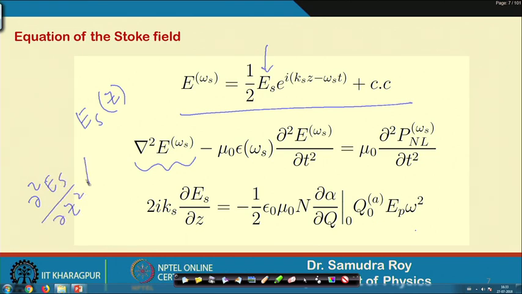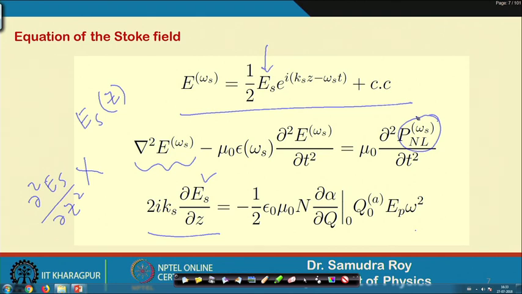If I neglect this term, the first effect will be the first order derivative, and this term will be cancelling out with the other term that is coming from this derivative, and eventually we have this in the left hand side. In the right hand side, on the other hand, I will have some term, and what term I will get will depend on the P nonlinear omega s, the value of P nonlinear omega s, which we have already calculated.